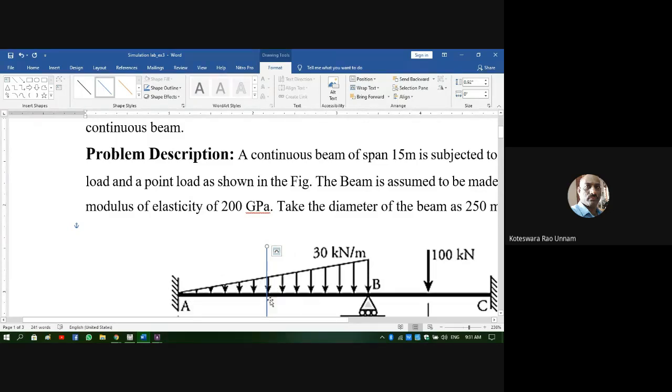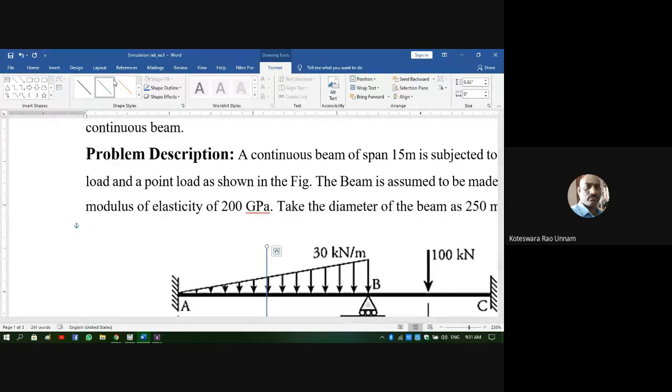Now if I take the other part of the span, that is this element. It is not 0 at the starting and it is going to be some other value at the end. That means here it is a trapezoid load. So for each element, whatever the number of elements I have, the load is not the same. It is going to change also.